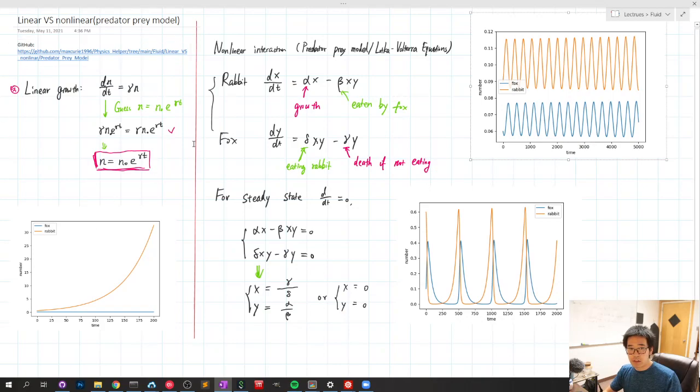Then as they go from linear, the linear approximation is no longer a good solution. Then we get a nonlinear interaction, just like fox and rabbit. See, one mode grows higher, and then it grows high enough that it cannot grow any higher because the energy feeding into it is limited. It cannot keep growing, and then the other mode may catch up to a certain level of saturation, or